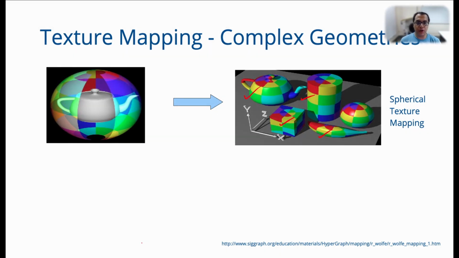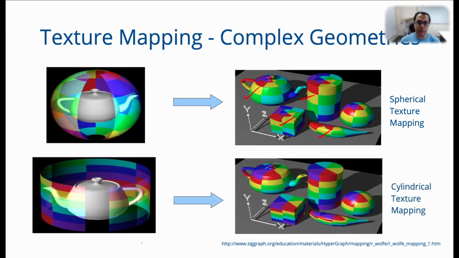But a sphere is not your only choice for use as a bounding geometry. You can also use a cylinder. You should pay attention to what happens when I use a cylinder to texture map the teapot vis-a-vis when I use a sphere to texture map the teapot. So notice the difference between the texturing in 1 versus the texturing in 2. This gives you an idea of what happens when you use a sphere to do an environment mapping or when you use a cylinder to do an environment mapping.